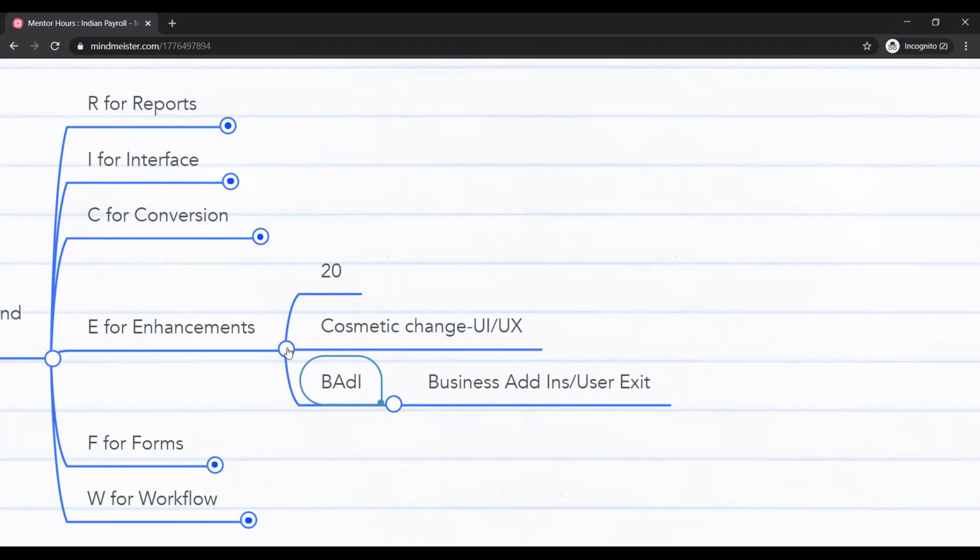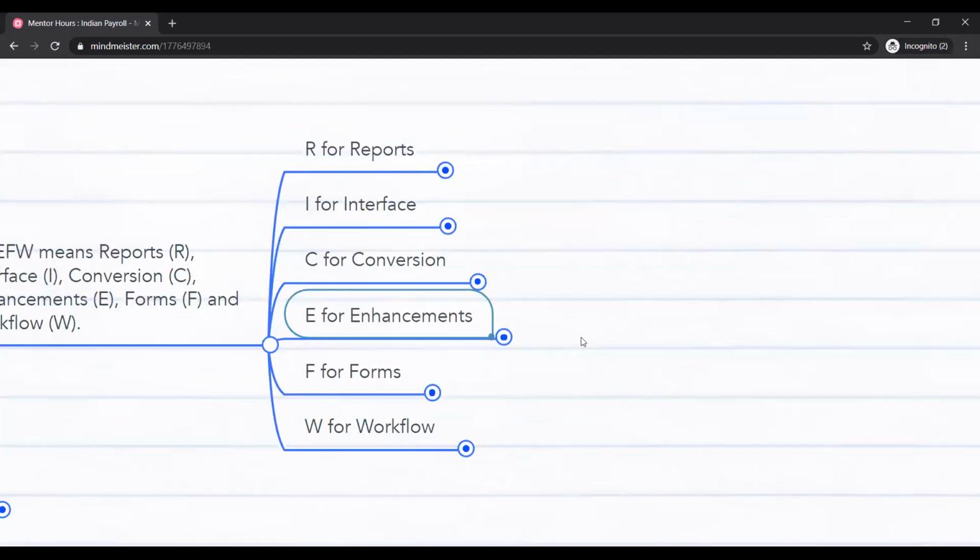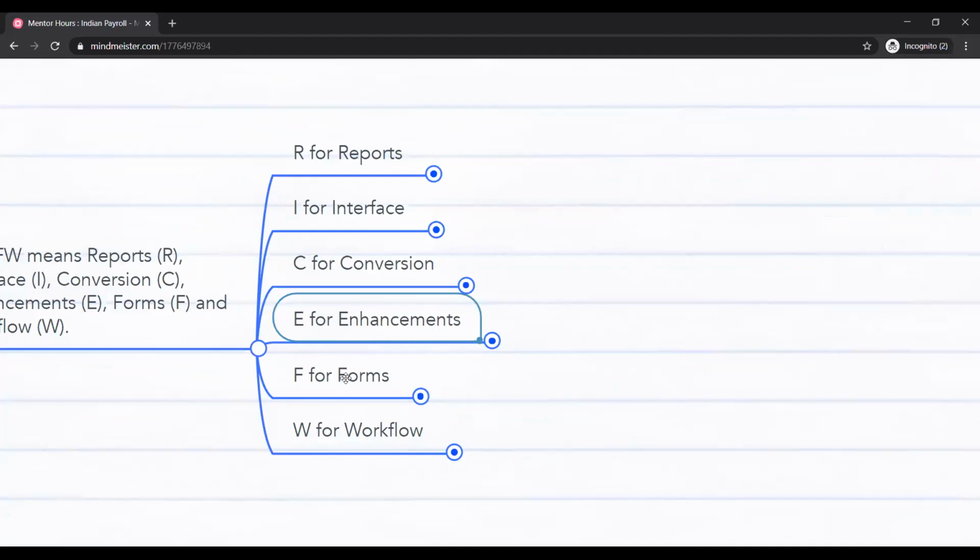Question: are special languages like C++ or Java used for this? Basically, whatever changes you make in those kinds of enhancements, it is not specific to ABAP only. Many other code languages we do have. So this is regarding the enhancement, is it clear? Any other questions? No, sir, it's clear.